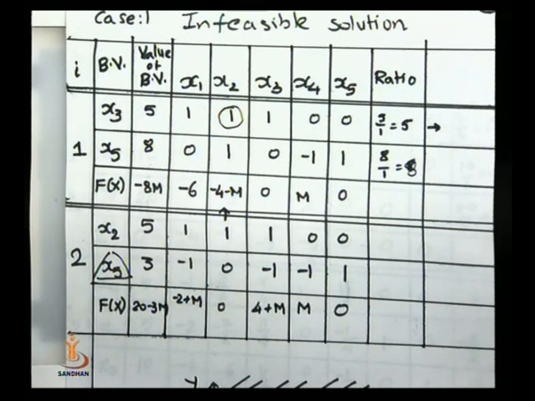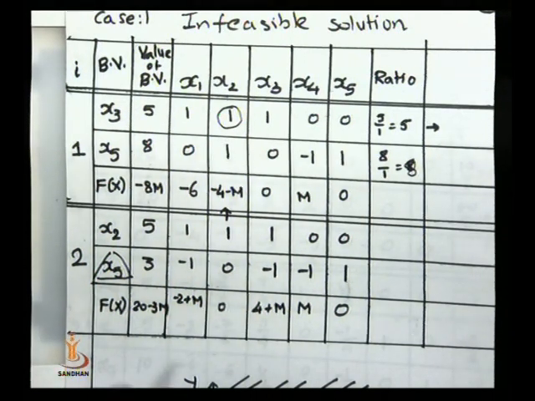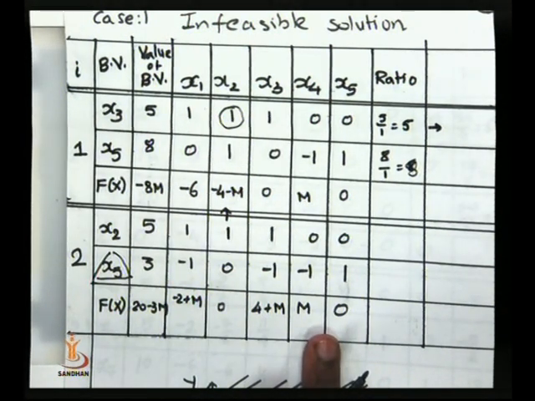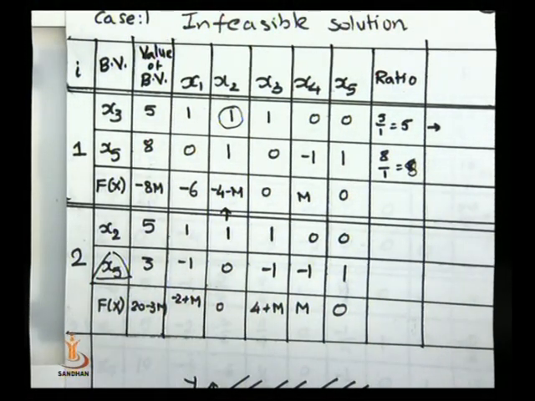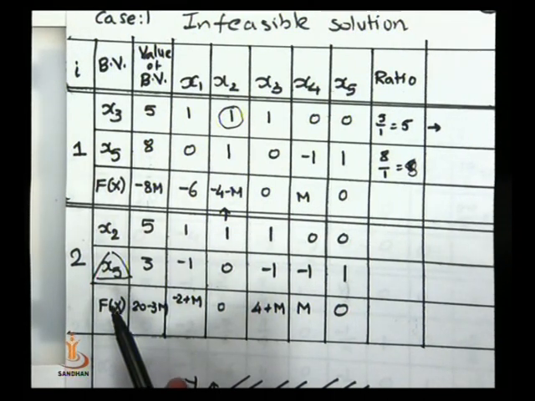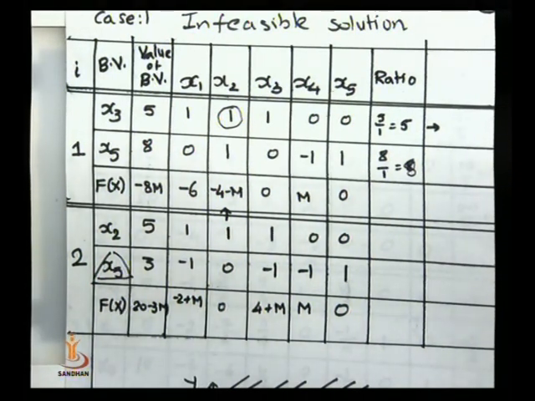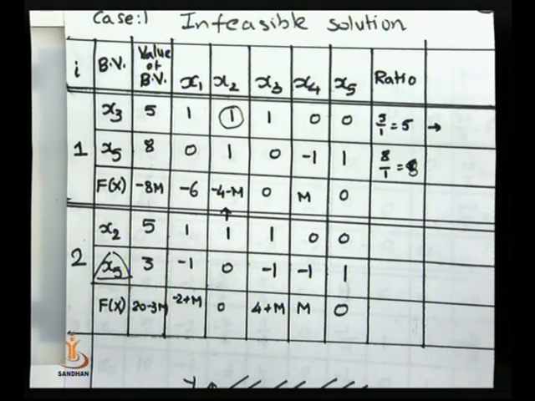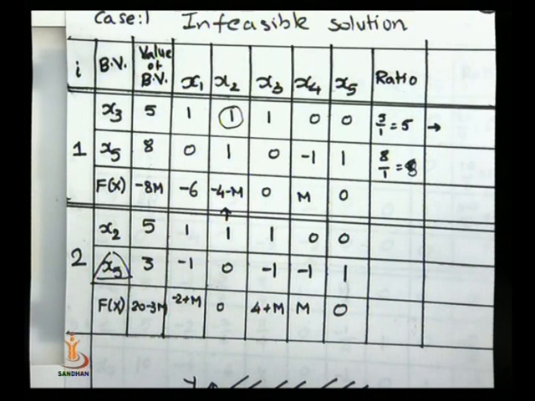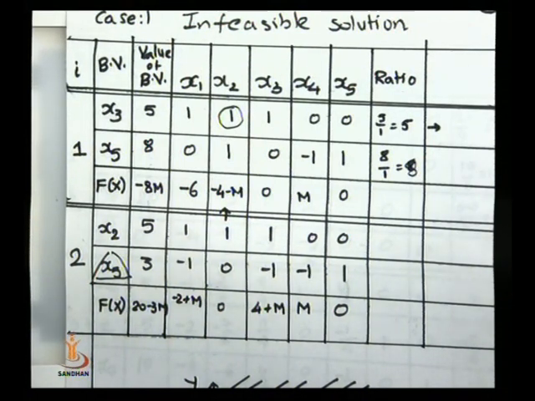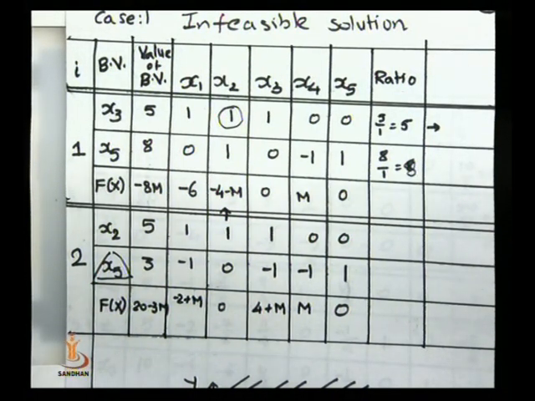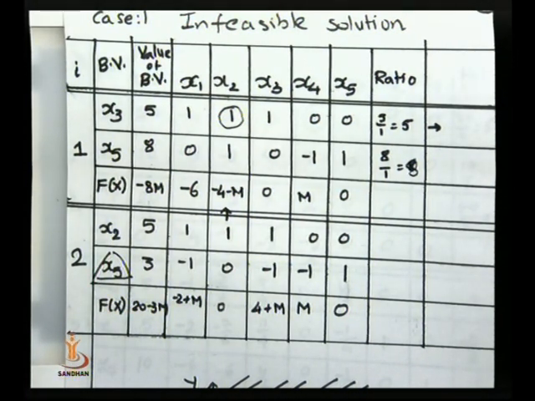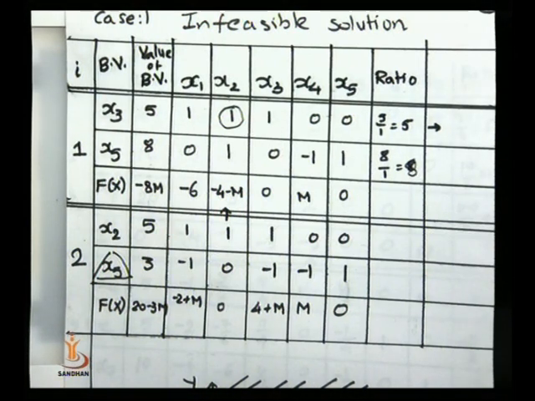So remember, whenever at the optimum stage all cost coefficients become non-negative, but one or more artificial variables are present in the basis, then this solution is said to be an infeasible solution. Now why are we getting the infeasible solution? Again you can look back at the screen in the PPT, where the problem was: maximize z equal to 6x1 plus 4x2, x1 plus x2 less than or equal to 5, x2 greater than or equal to 8.